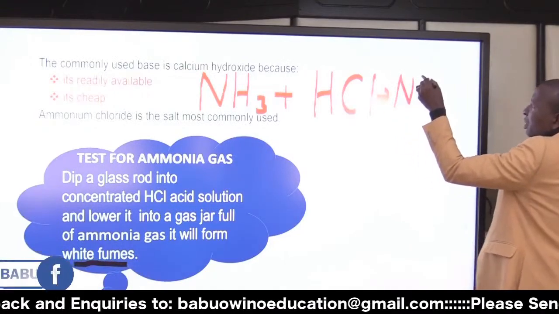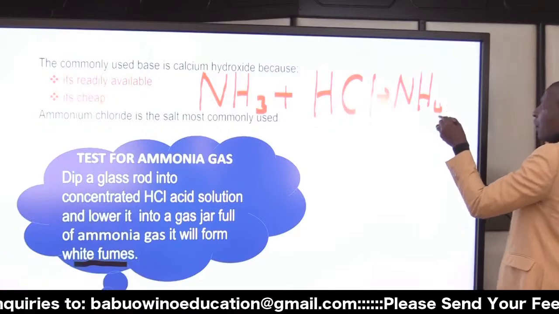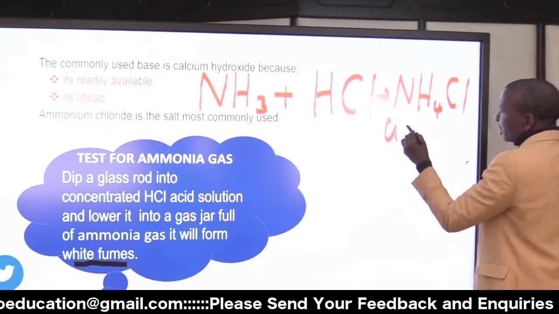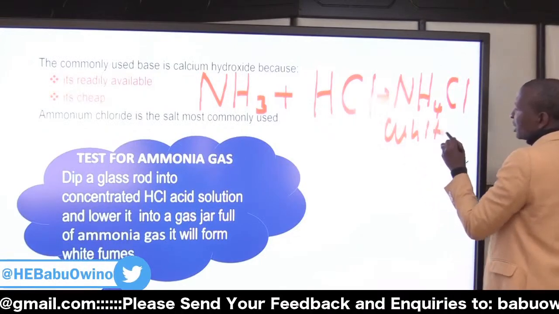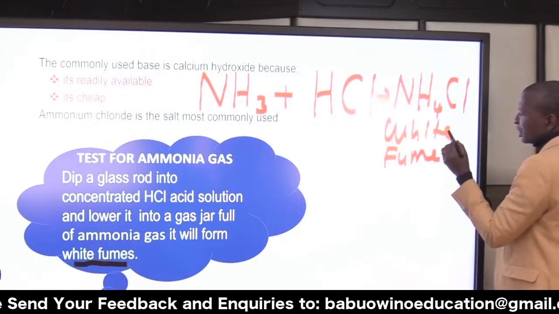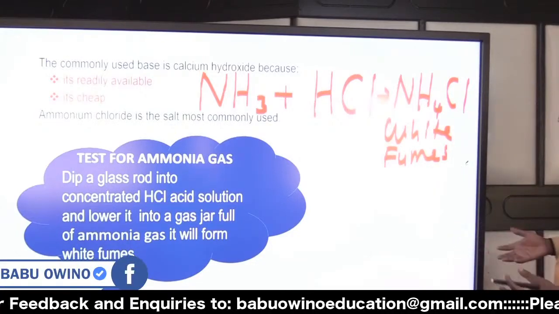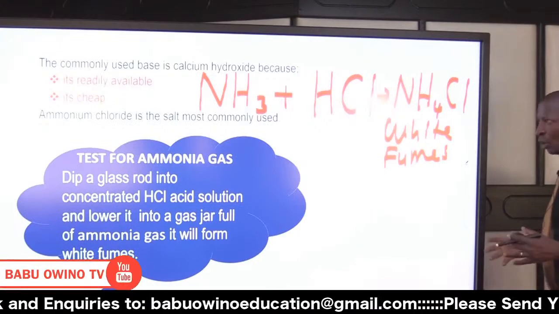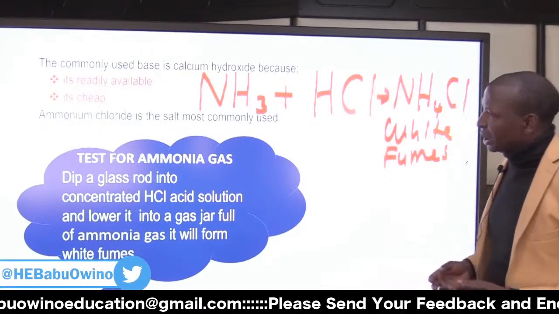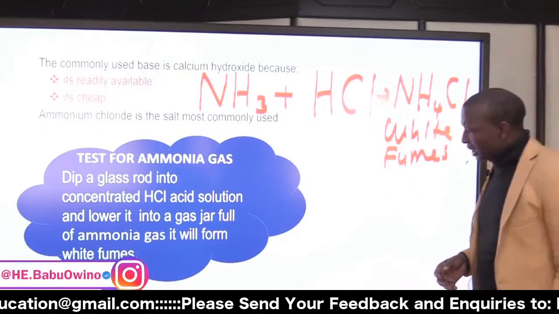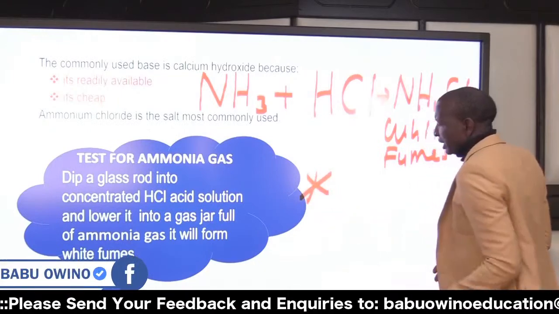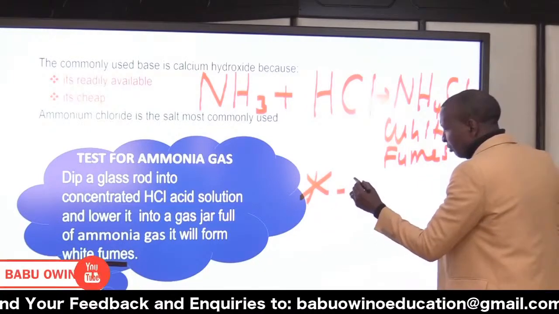ammonium chloride, which appears as white fumes. It appears as white fumes, or it can also appear as a white solid. On cooling, it is solidified, forming a white solid. It's also important to understand that a very important point to note is that ammonia